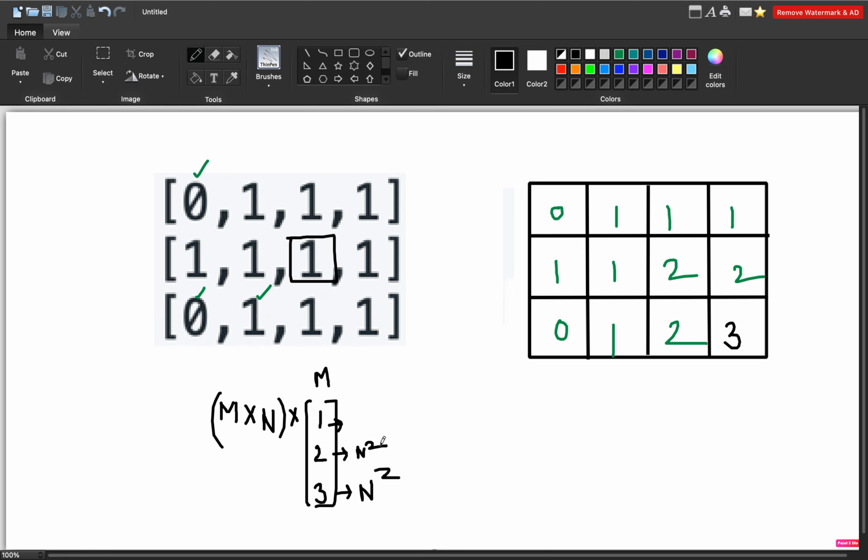To iterate all the indices it will again take m cross n. So the complexity is really high, and in case the matrix is already a square matrix, where m and n are equal, the time complexity will be n square into n into n square, which is n to the power 5.